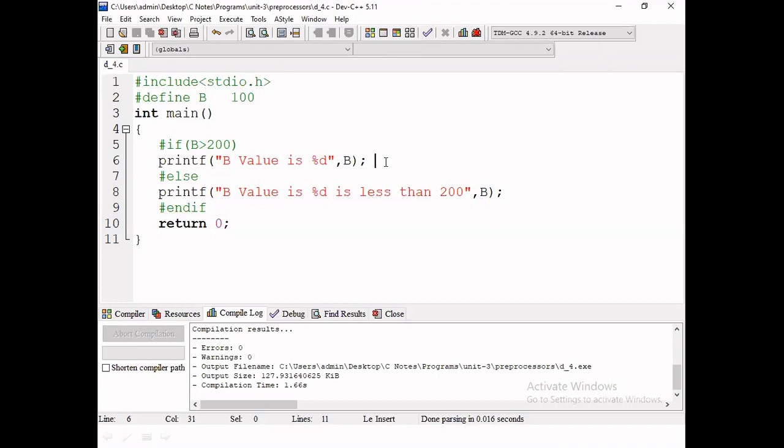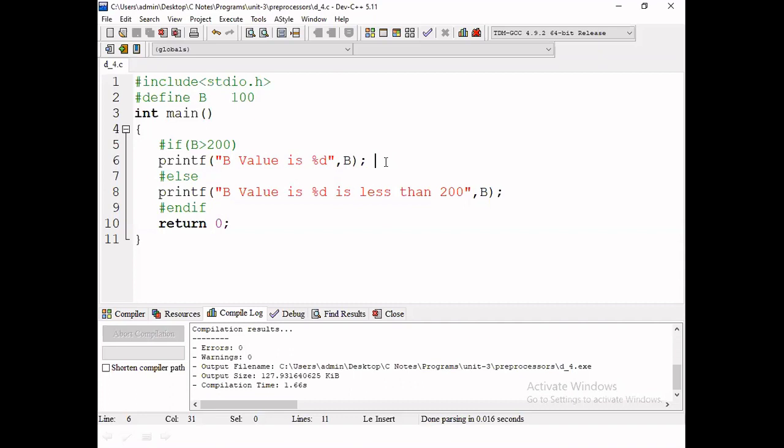So what entire mechanism can we observe? First define one constant or macro. Then we can verify its condition, its boundaries. If the condition is true, the if part is executed, not only a single statement but multiple statements, depending on our given instructions.